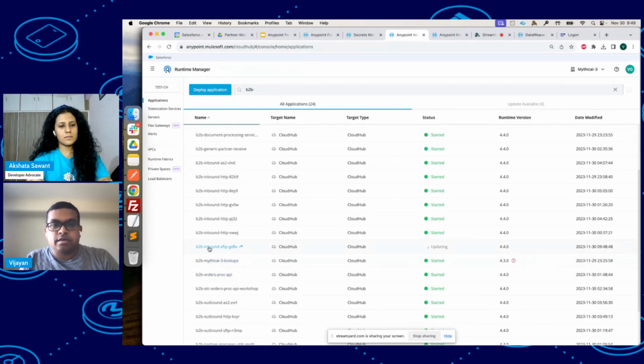As you can see here, we are not deploying a new SFTP application for each endpoint configuration, right? It's one application that can dynamically poll multiple different endpoints. So you don't have to worry about your vCore allocation and everything just because you're adding hundreds of partners with SFTP inbound configuration. All of that is automatically handled by